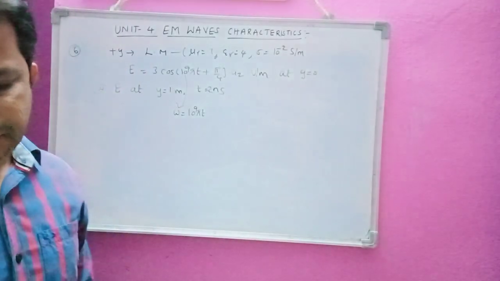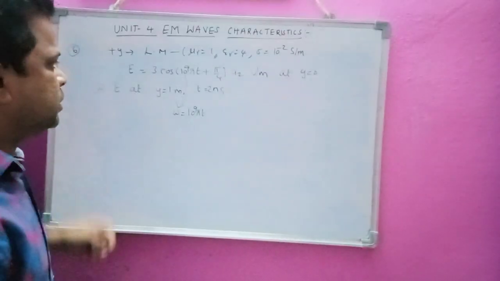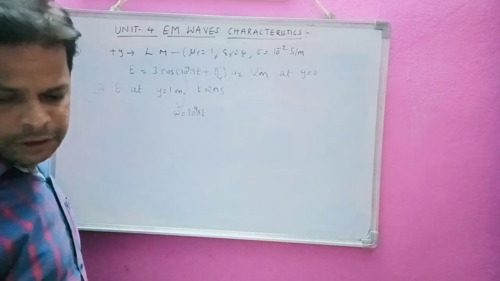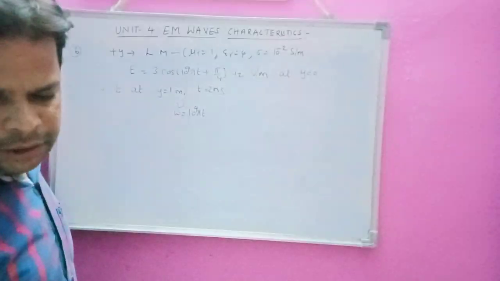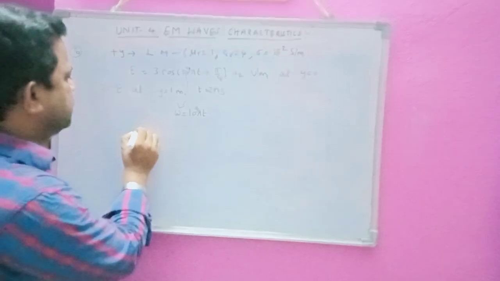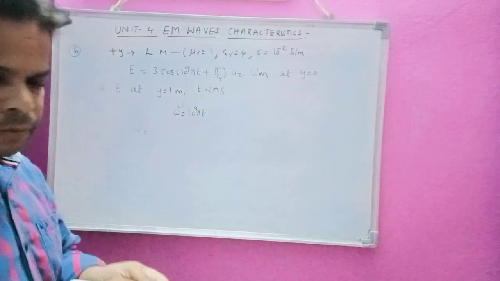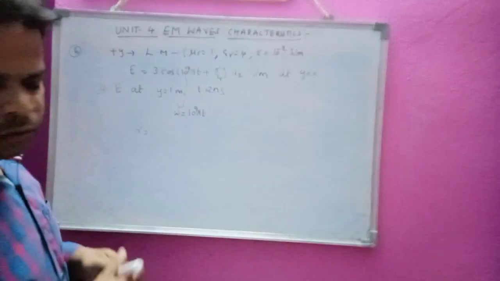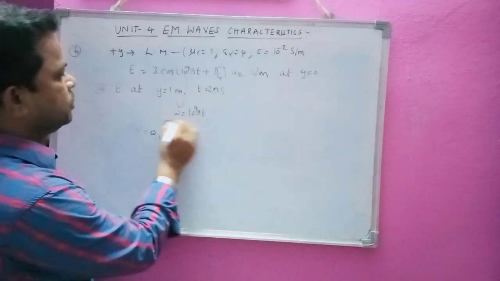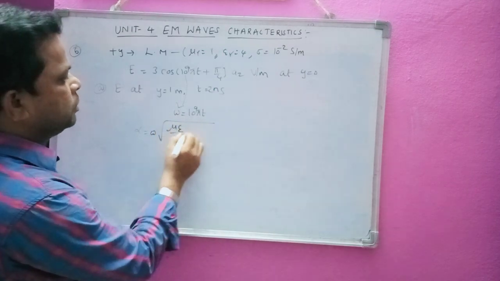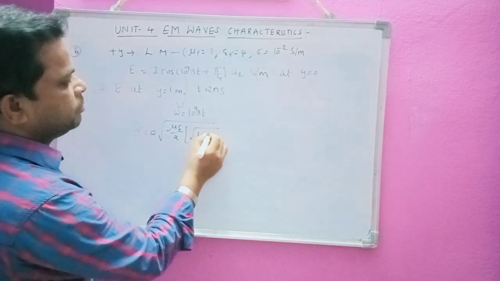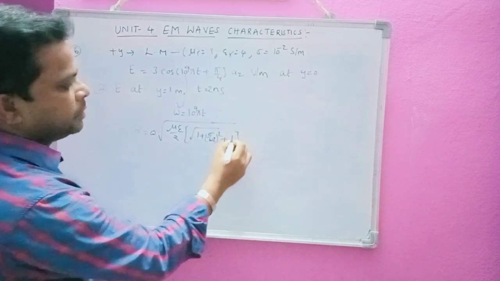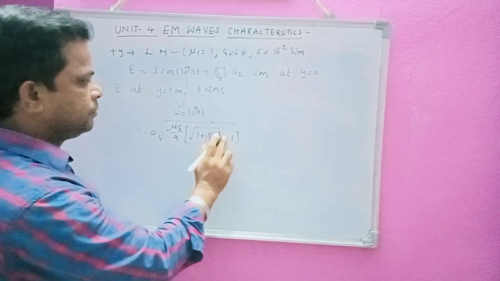So first of all we will try to calculate the values of alpha and beta. Why? Because we need e power minus alpha y and e power minus j beta y, so we have to find these. Now let us calculate this. Alpha is equal to omega square root of mu epsilon by 2 into square root of 1 plus (sigma by omega epsilon) whole square, minus 1.